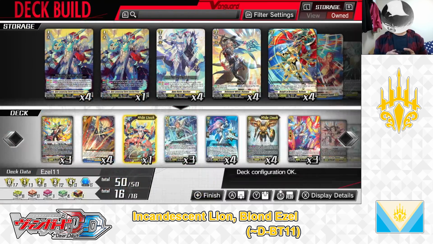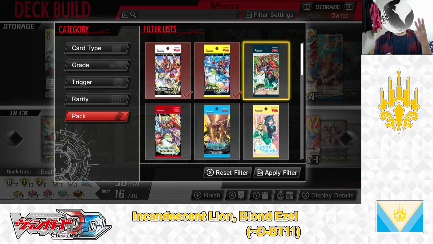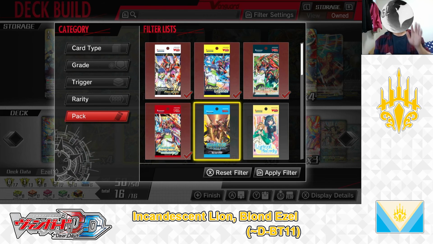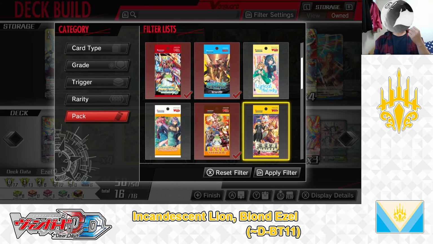Alright, let's begin. So going to filter settings to pack, show only cards from Genesis of the 5 Greats, D-BT1, D-BT2, Brush with Legends, D-BT3, Advance of Intertwined Stars, D-BT4, Awakening of Chakrabarti, D-BT5, Triumphant Return of Brave Heroes, Festival Collection 2021, Festival Collection 2022,